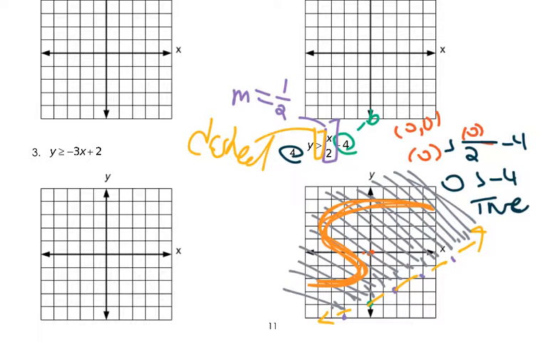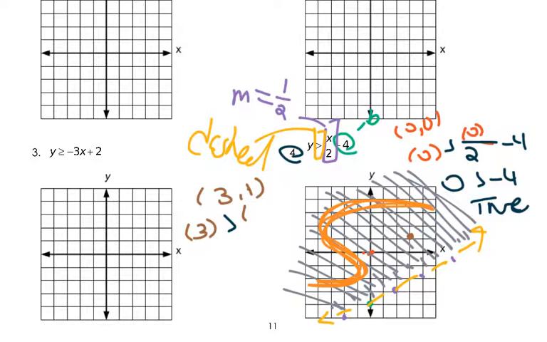Let's choose, I don't know, 3, 1. This point right there, right? So 3, 1. That's definitely part of the solution set. Now you could always test it out just to double check yourself. All right, so then you'll say 3 is greater than,